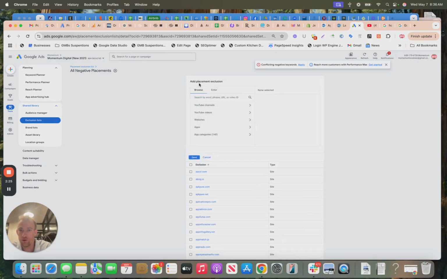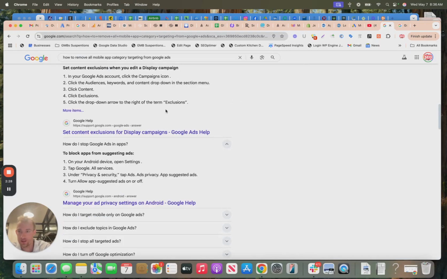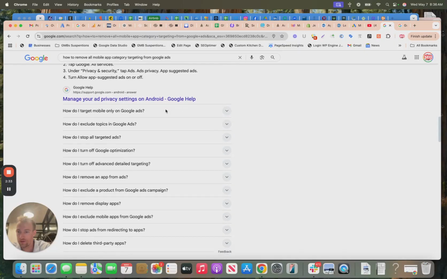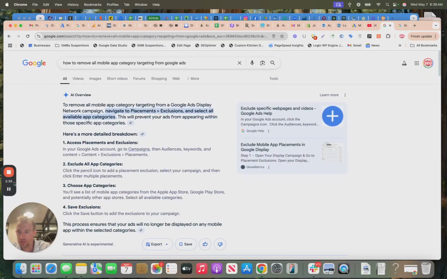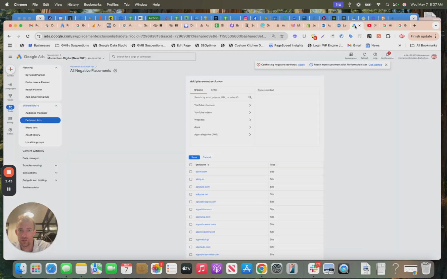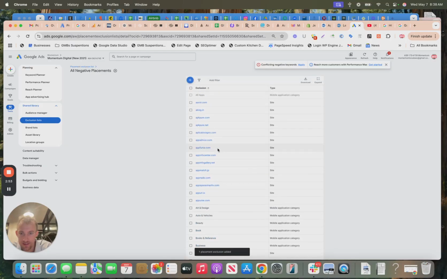But to remove all apps, there's a quick little link here. Let me show you. Give me 1 second. All right, from a quick search here, this is the new category total exclusion to exclude all apps. So you go to enter a placement, enter this mobile app category 69500, add placement, save it, and that way